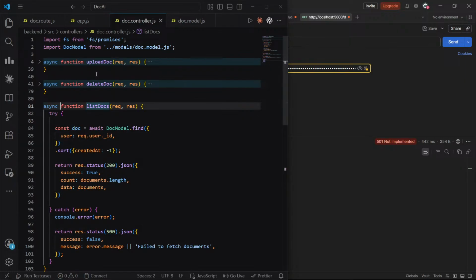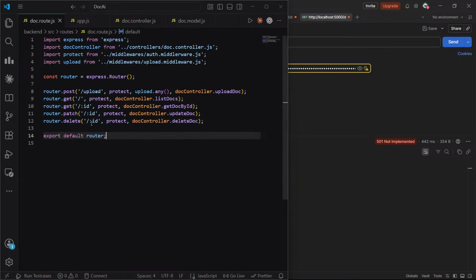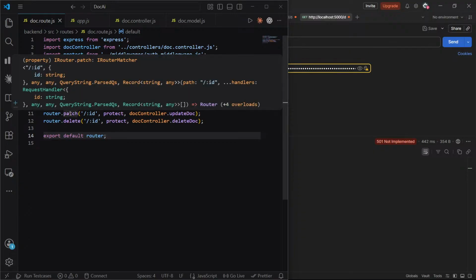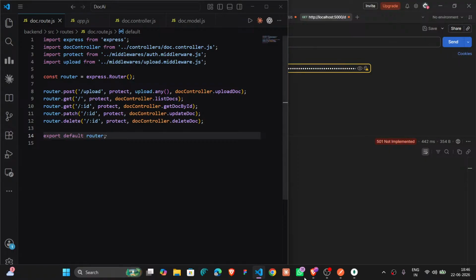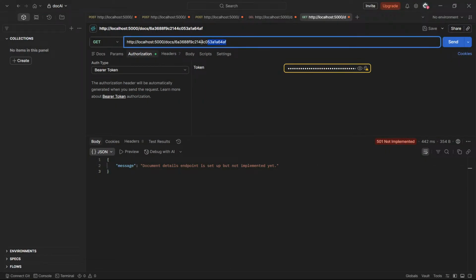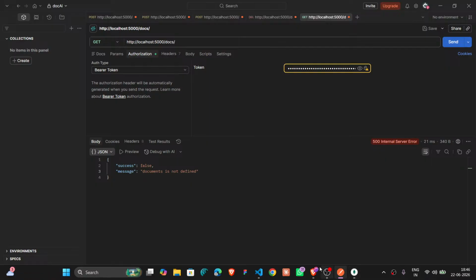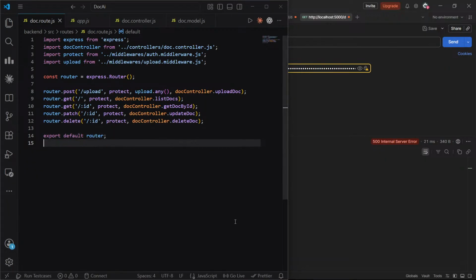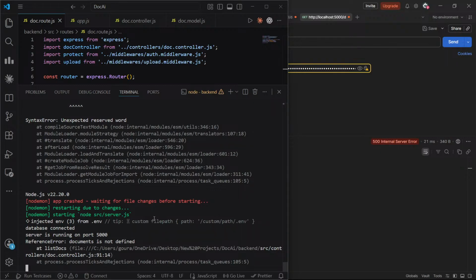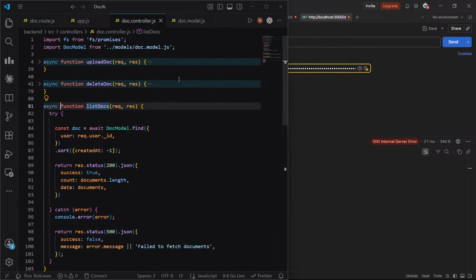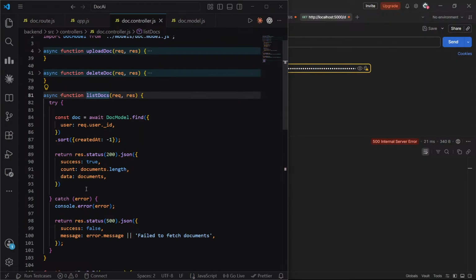I think we should, in list, one slash, it's just a slash, and if it is false, document not defined, server error. Document not found.